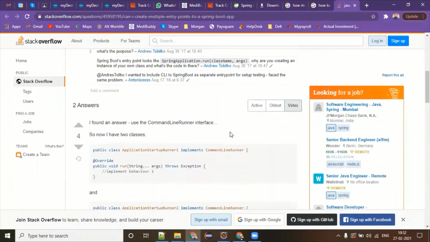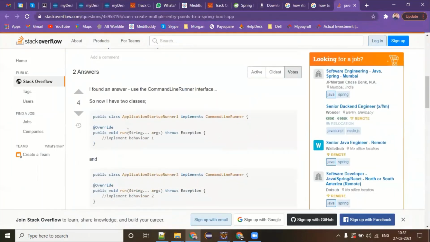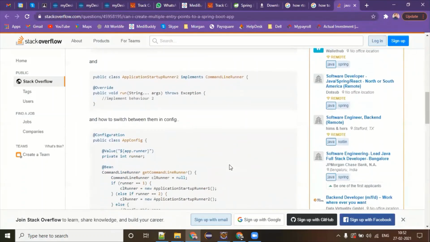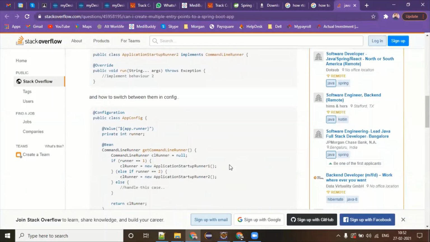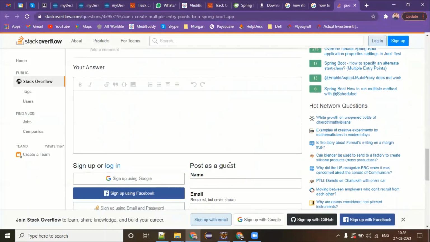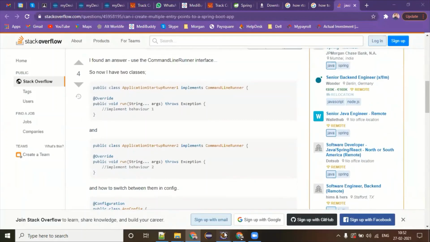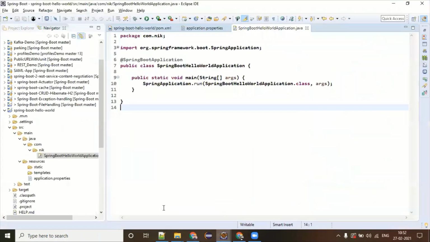So let's say somebody wants to create their own. Look at this, this is also one of their options to start with your own implementation. You can create one implementing CommandLineRunner, something like this. You also have an ApplicationRunner. Lots of things are there where you can provide your entry point. But for now, you just focus.